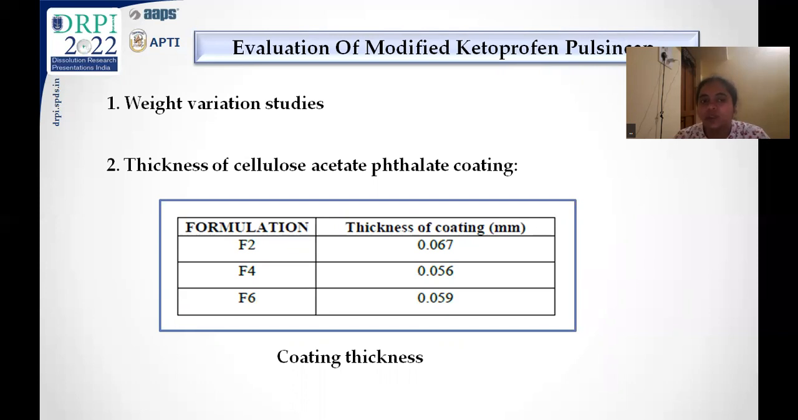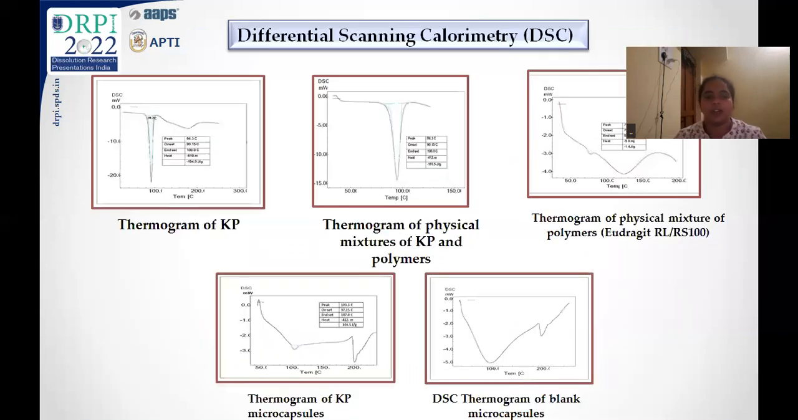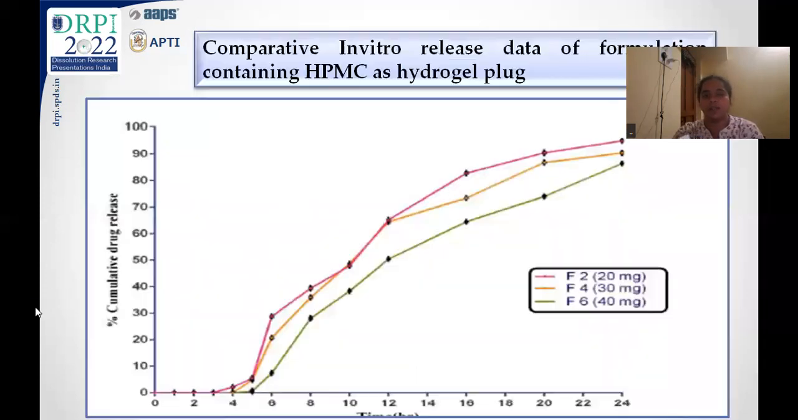Further, the thickness of the cellulose acetate phthalate coating was also determined, and the values are tabulated in the tabular column. This was followed by in vitro release profile of the pulsatile drug delivery system containing ketoprofen, which was carried out for 24 hours. From the in vitro release studies of pulsatile drug delivery system, it was observed that